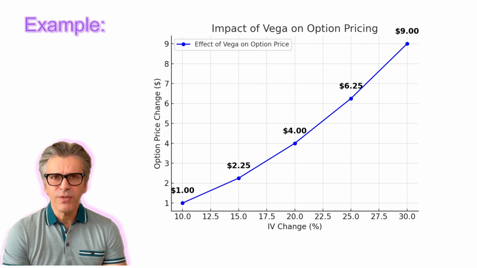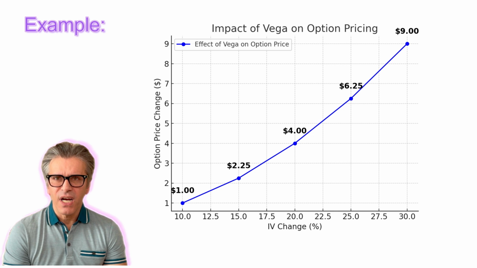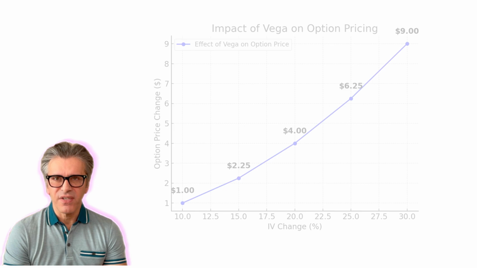Now let's go through the Greeks to see how they work with implied volatility and how to measure its sensitivity. By the way, those who are familiar with the Greeks in options know what I'm talking about. But for those who are not familiar with the Greeks in options trading, I have a full video that explains them and how you can apply them to your daily options trading. The Greek we're going to talk about today is Vega.